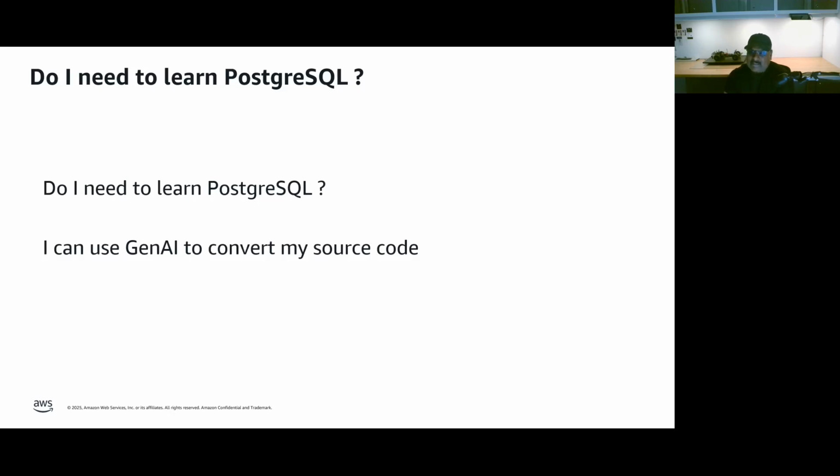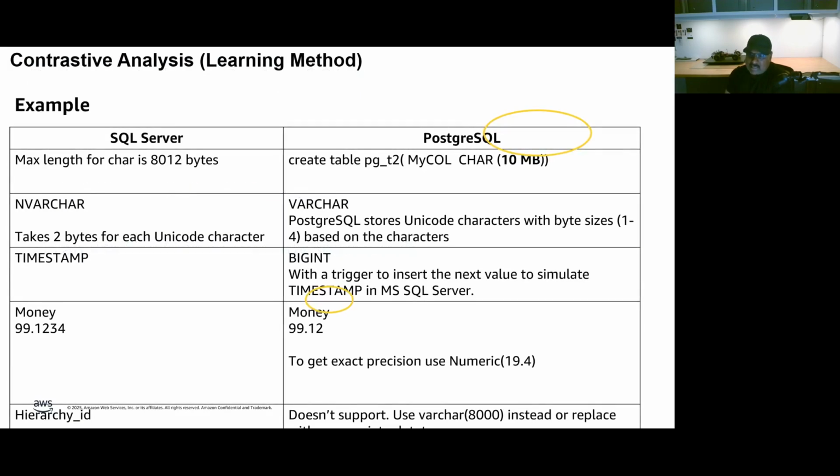The second reason why you need to learn Postgres is for your career, to become a cross database specialist on cloud. There are many learning techniques available, but the one I applied to learn Postgres using my knowledge of SQL Server is comparative analysis.